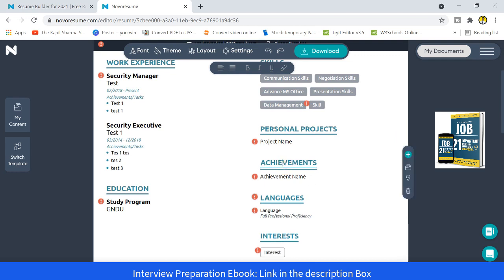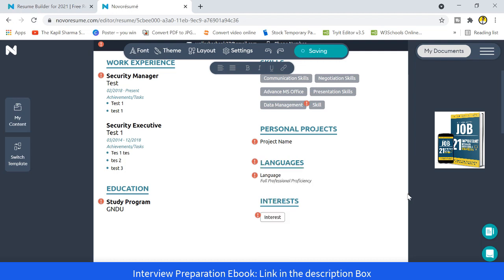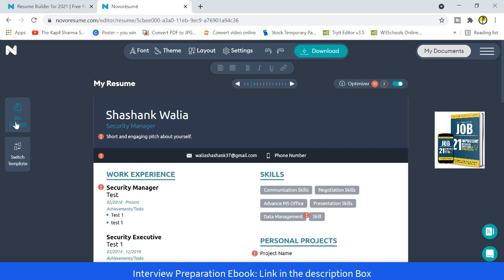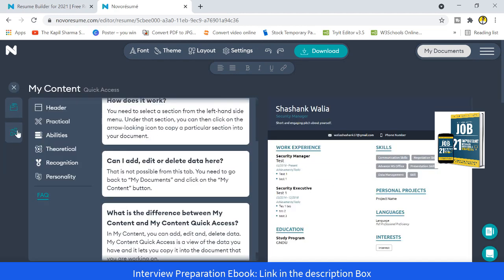But in some cases you don't want to go forward with certain sections, you can always click on that section, go to delete and delete that section. But if you want to add a certain section, you can simply go to my content, right?